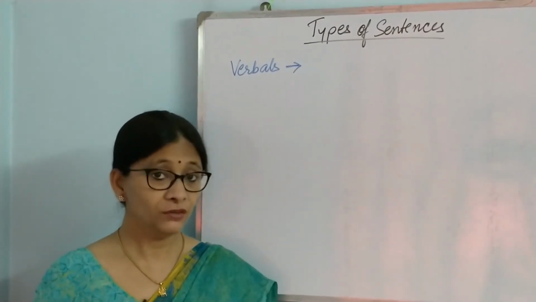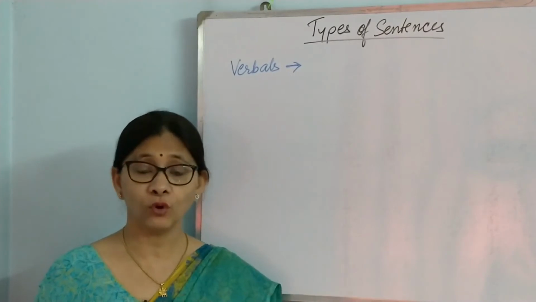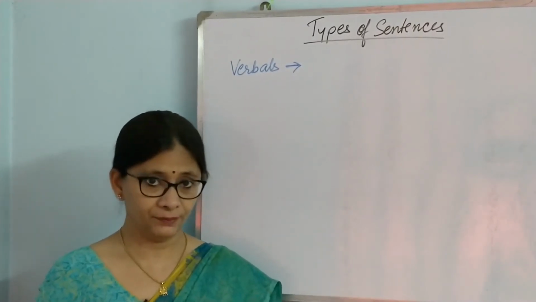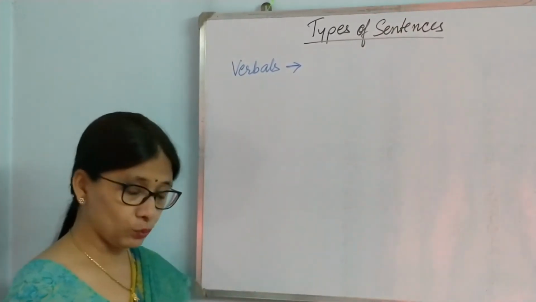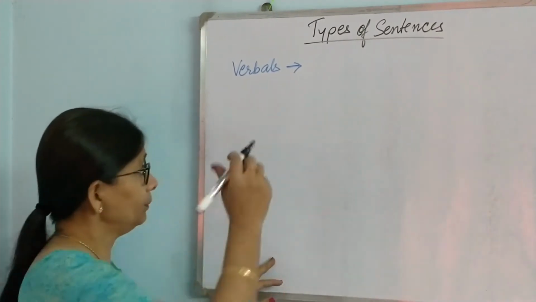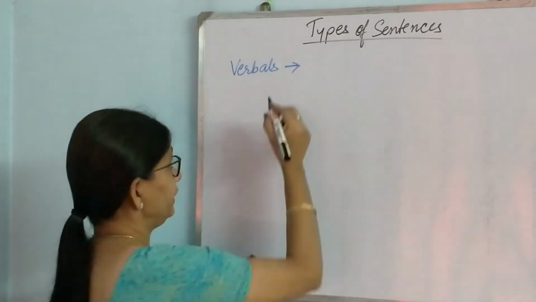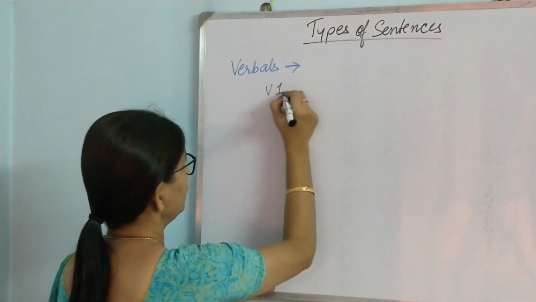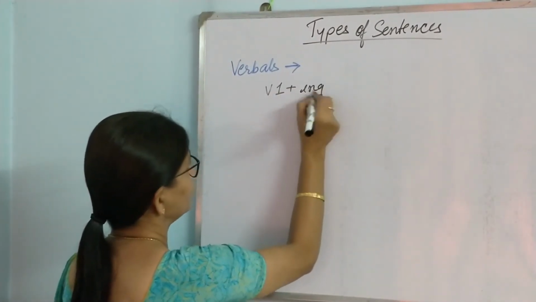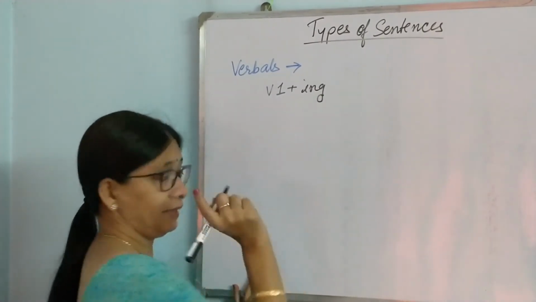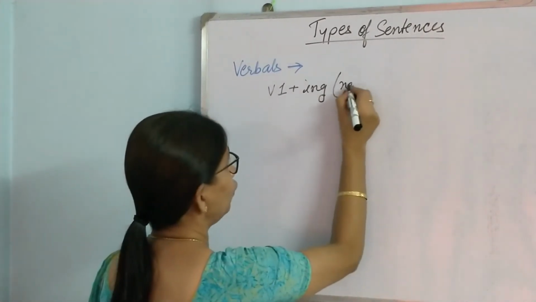Along with verbs, we have to know how to avoid them, how to leave them. So let us see what verbals are. Verbals basically look like verbs but they are not verbs. They may be V1 plus ing. But keep in mind that if there is no helper